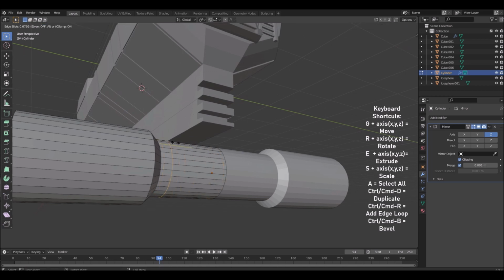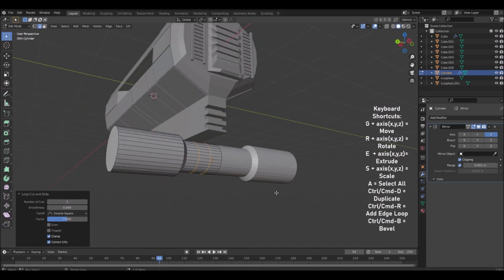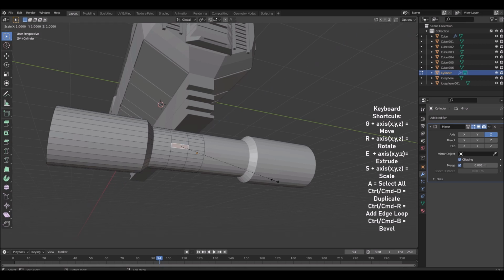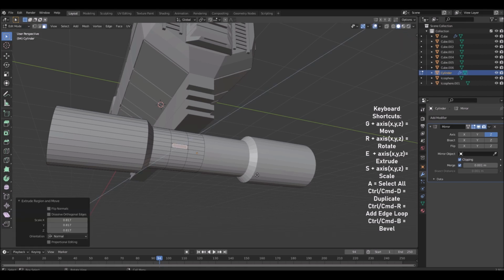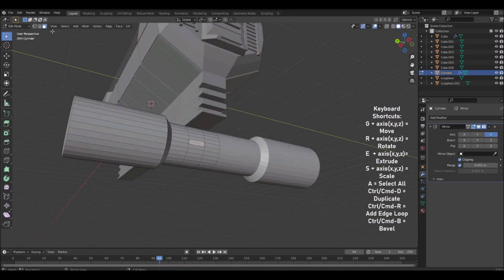So now the next thing I want to do is start to add detail, right? And we can do that in a variety of different ways. We can do it like we did with the panels, where we go face by face and do E and then scale with our S key and then extrude it out a little bit. And you can also see that it's applying on the other side, and we can do that if you want. For now, what I'm going to do is Control Z what I just did,